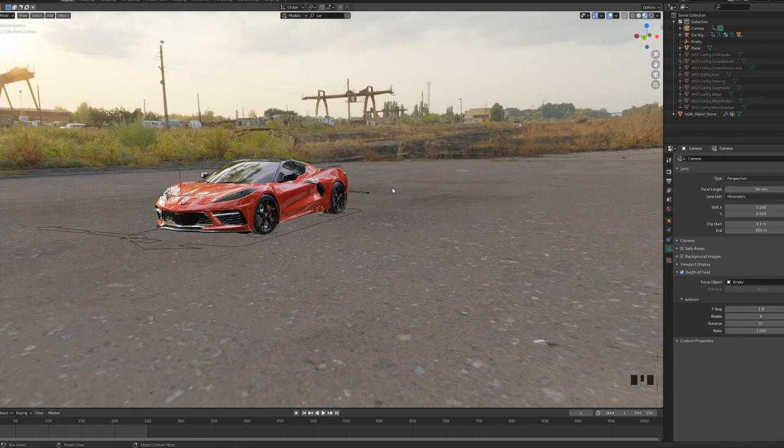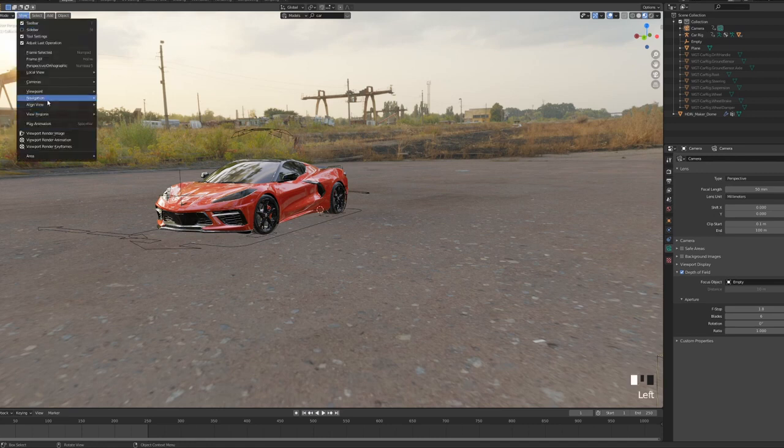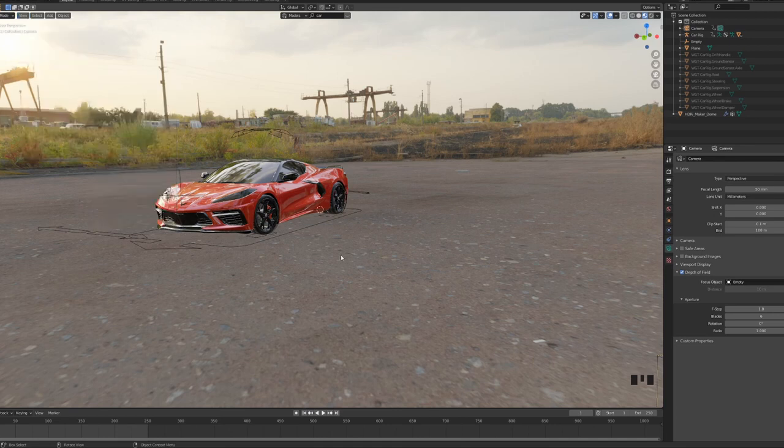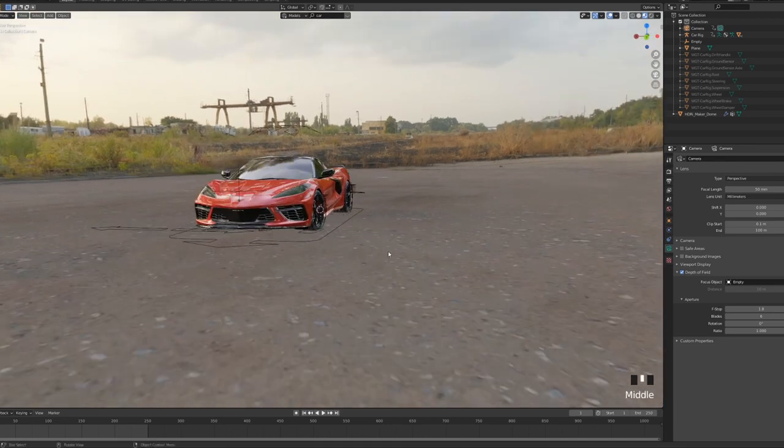Okay, now we can deal with the camera animation, and there are several ways to animate the camera, but I think one easy way is to use the walk navigation in camera mode. So first of all, let me show you how you can assign a shortcut to the walk navigation. So you click on View, Navigation, Walk Navigation, right click, and then you assign a shortcut. For me, it's Shift F. Of course, you can use any shortcut you want.